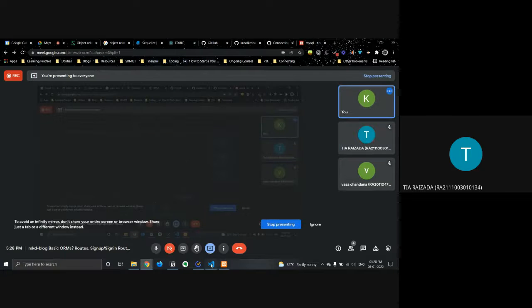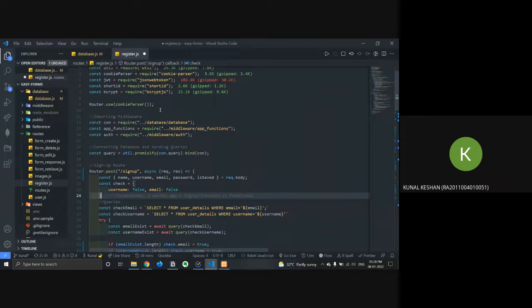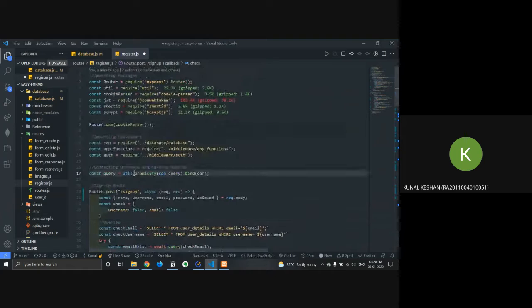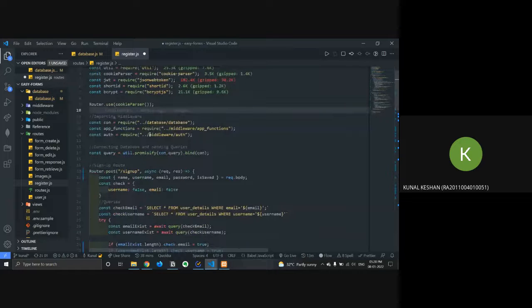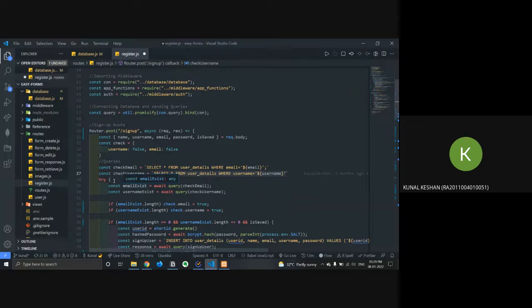Cool. Okay, so this is why we're using the util. We could have just directly sent it, but we want to avoid the callback hell as much as possible. So that's why we're using this method over here. But then there's something better. Instead of you having to write all these queries by yourself, I have to customize it every single time I want to send a new one.